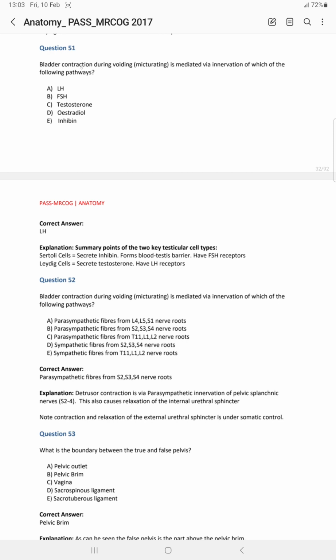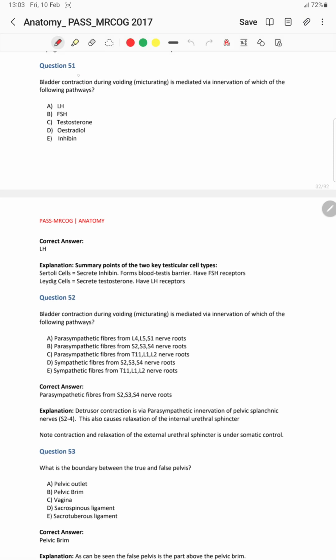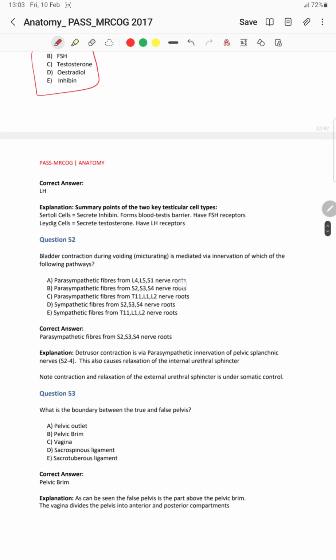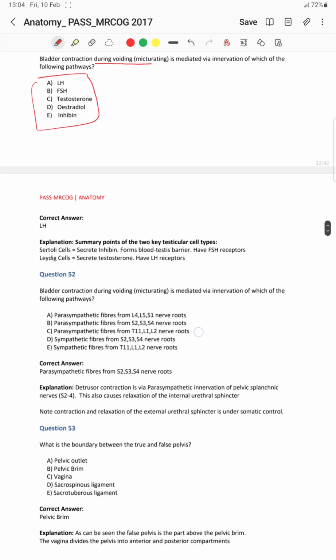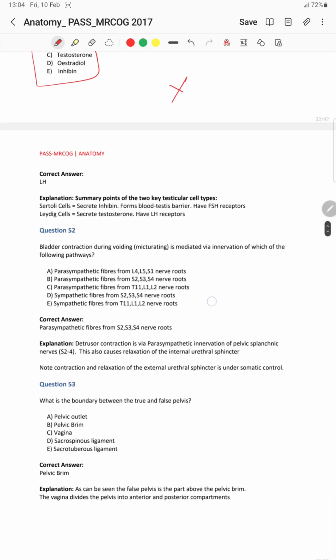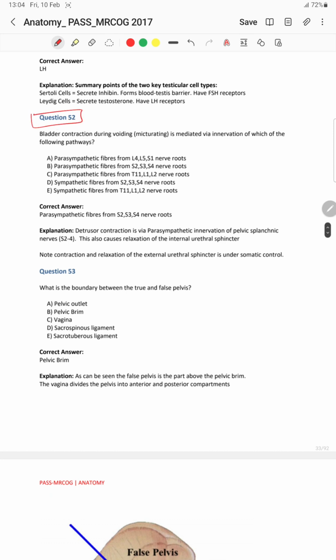Question number 51 is the bladder contraction. Bladder contraction during voiding or micturition is mediated by the innervation of which of the following pathways? And here the options are different from the question. So let's see what we are going to have. Okay, no, sorry. This question is wrong. Question number 52. Again, the bladder contraction during voiding micturition is mediated by the innervation of which of the following